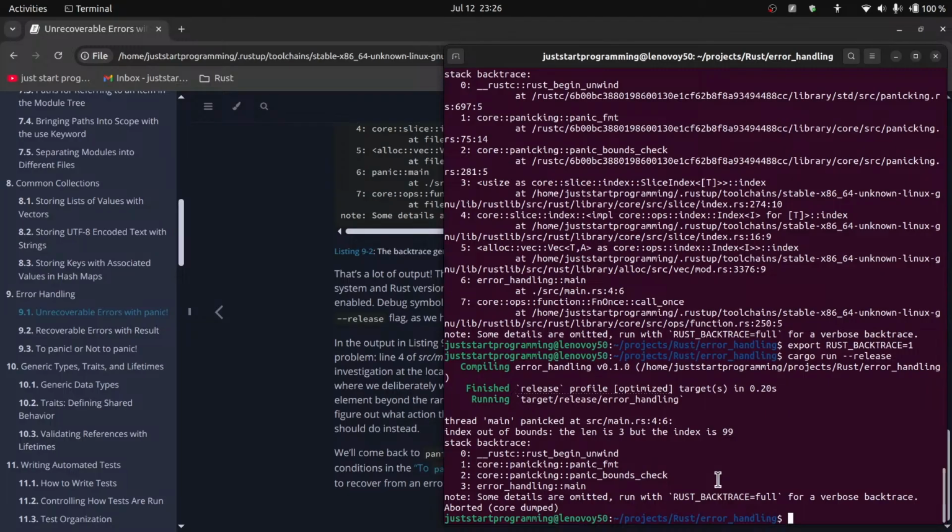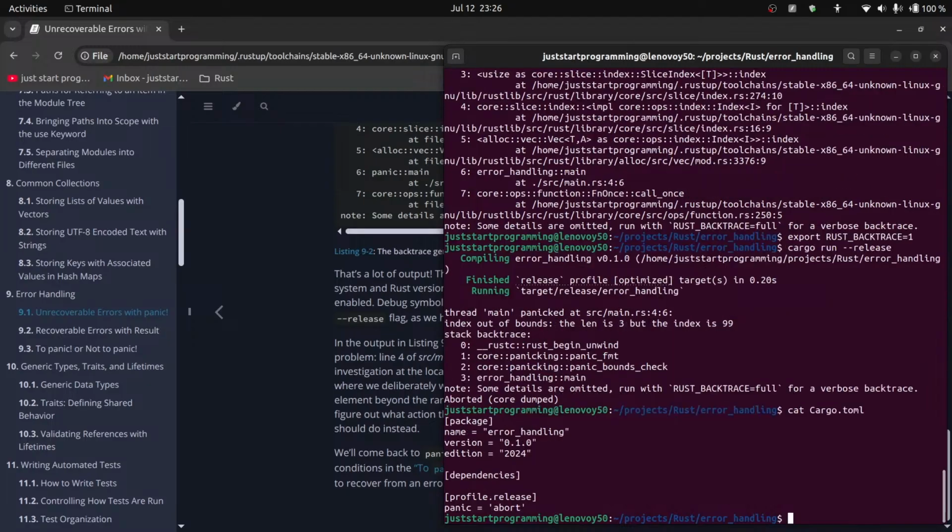I think this is because of the Cargo.toml specified abort. Aborted. Okay, so what will happen if we